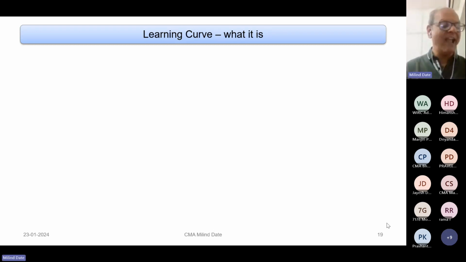the concept of learning curve is not very widely useful in most industries. Application is certainly limited. Nevertheless, being in the syllabus, we need to look at it. So what it is, it illustrates how the experience of a person can lead to increased efficiency and cost savings for a company.